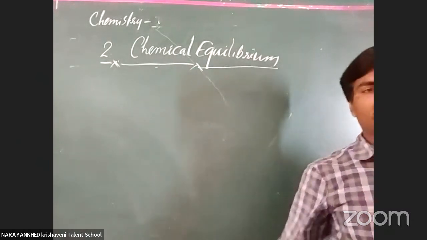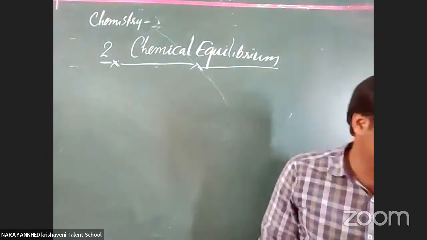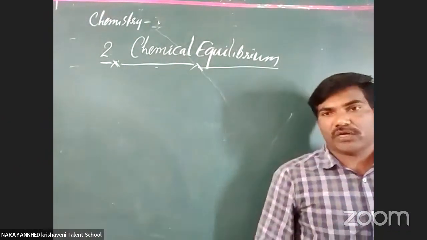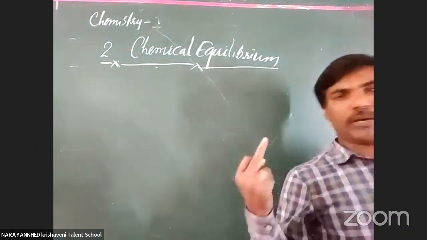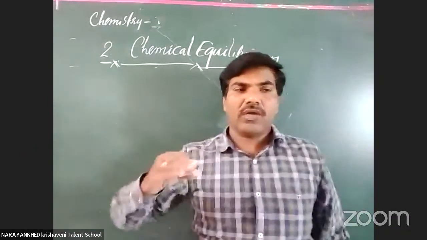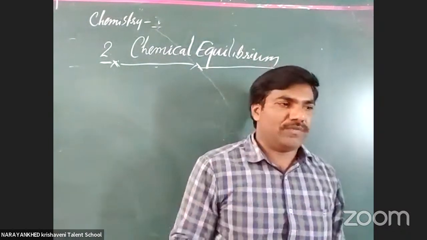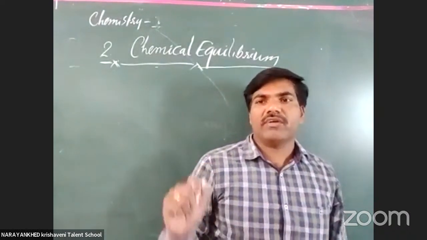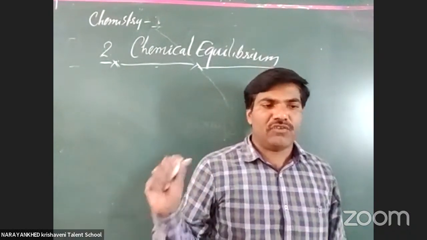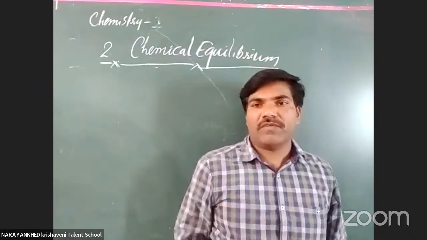Which is called chemical equilibrium. And before going to that, in this chemical equilibrium, we have to know what is the chemical equation and the chemical changes. There are two types of changes. Now, whatever the chemistry is, it totally depends on the word change, on which change, chemical change. Why do atoms and elements undergo chemical change, you know very well. Yes, in your regular concept it will be there.